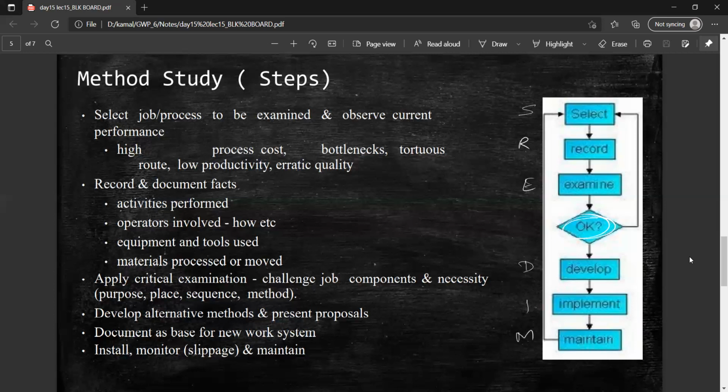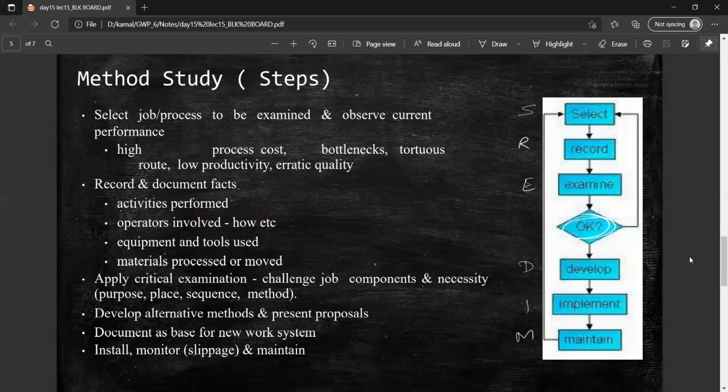And in develop, I have to use the traditional way, or if some modification is required, then I will modify the method or the procedure to produce the particular furniture from the selected wood.